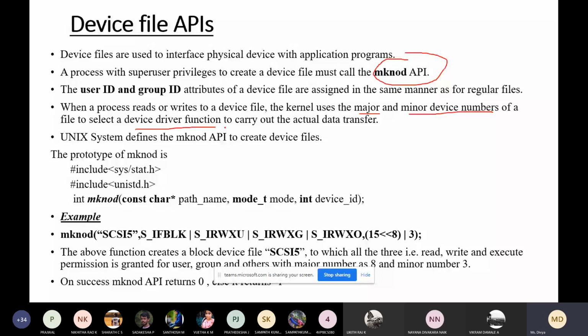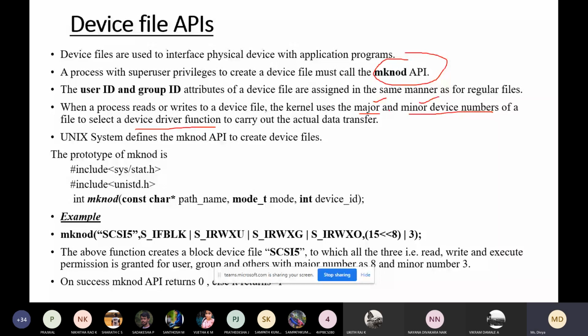You all know about device drivers, right? In Windows also we have device drivers. Every device has a device driver, and the device drivers have their own functions. Whenever you want to interact with any device, we need device driver functions. To select that device driver function, we use these two numbers, the major number and the minor device number.